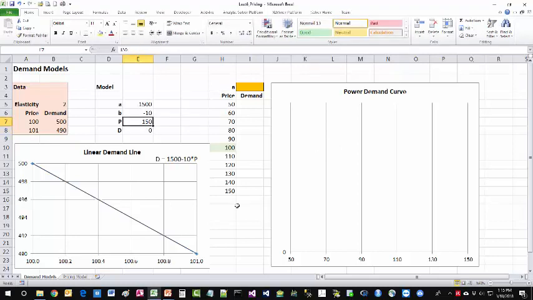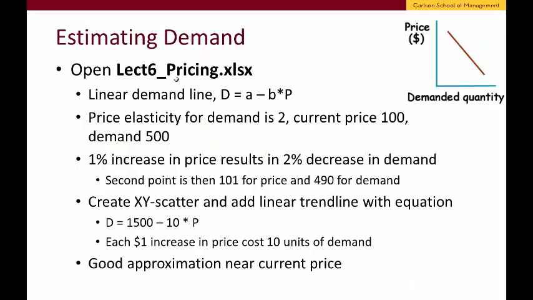The same holds if you move in the other direction, to 70 or, for example, $50. We get increases in demand that are not as high as it probably would have been. So again, the simple linear demand model holds best around the current price of 100, which would roughly translate here to plus or minus 10, or at most 20 bucks. So, switching back to the presentation, a good place to